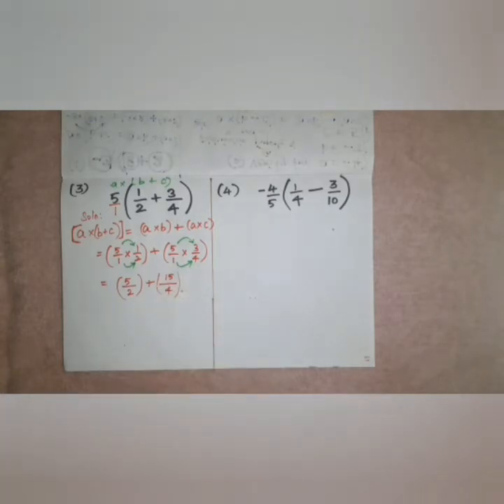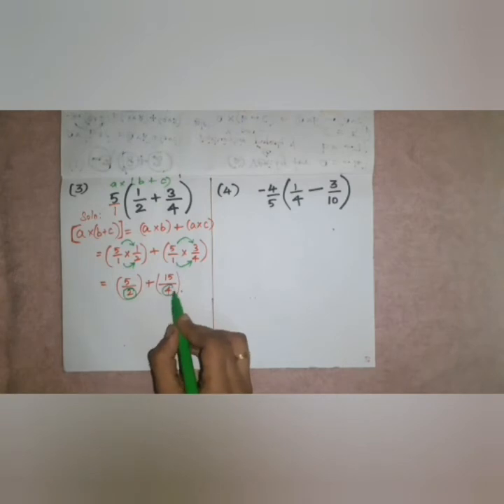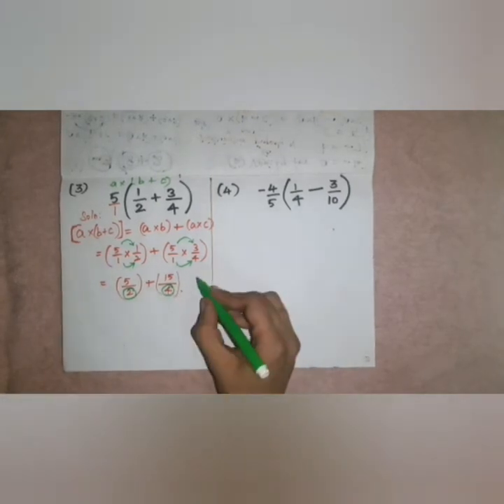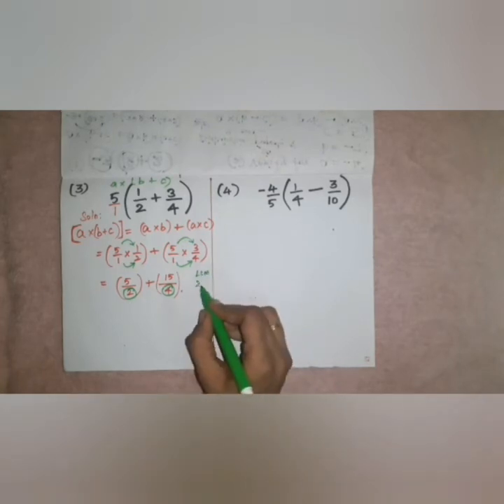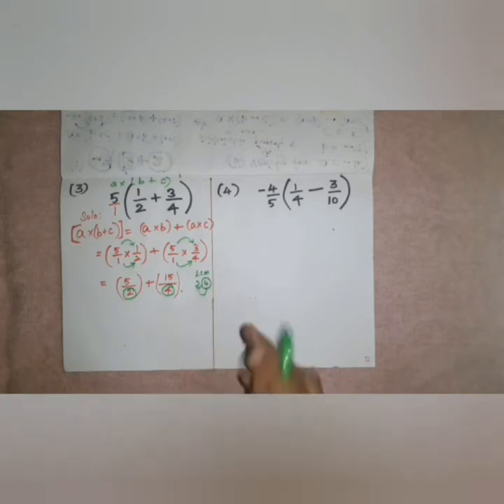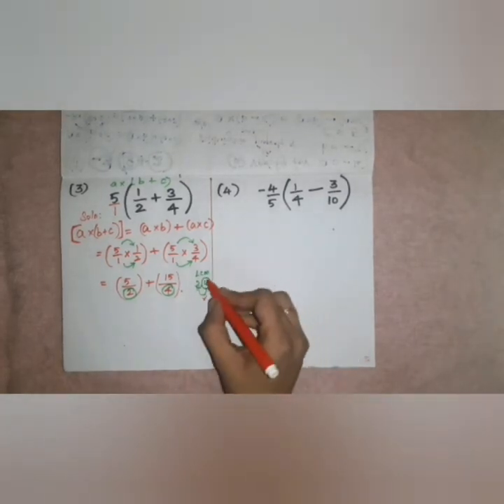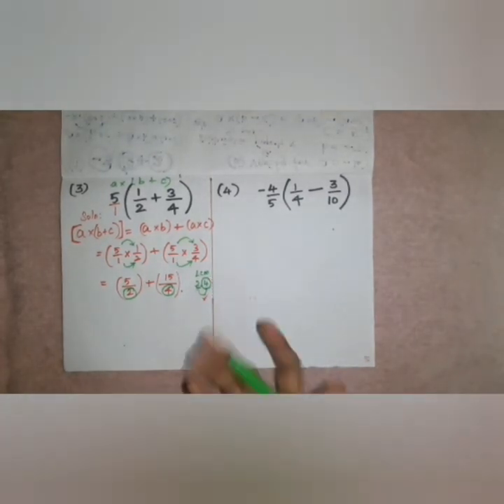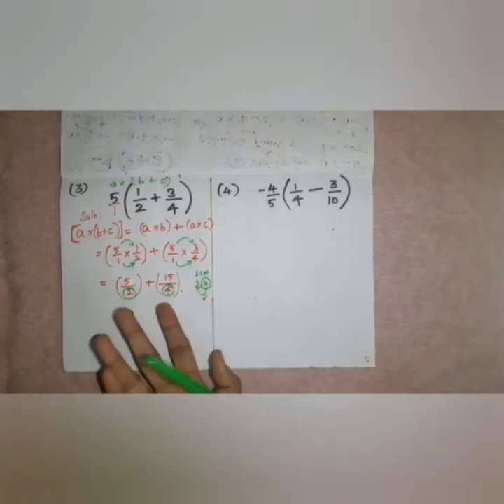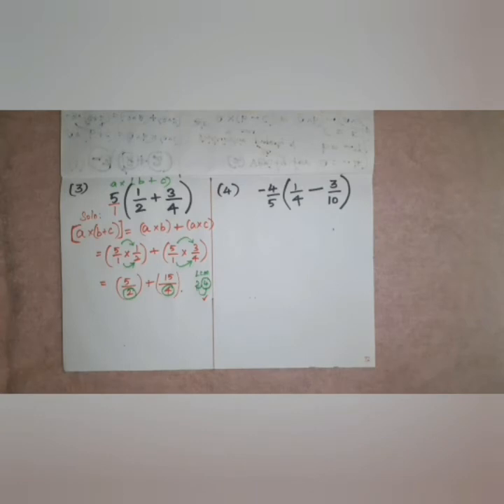Good. So I'm going to add. Here I have 2, here I have 4. They are unlike, I have different denominators. So I find the LCM. I'm going to do the LCM using the trick. 2 and 4, the greater number is 4. I check in the 2 table. Yes, it is divisible, so 4 is the LCM. So I have to change the 2 to be 4. How can I do that?